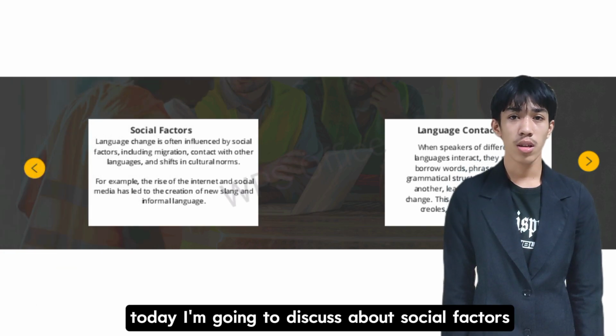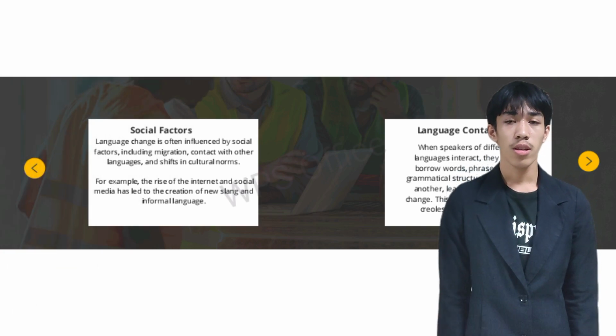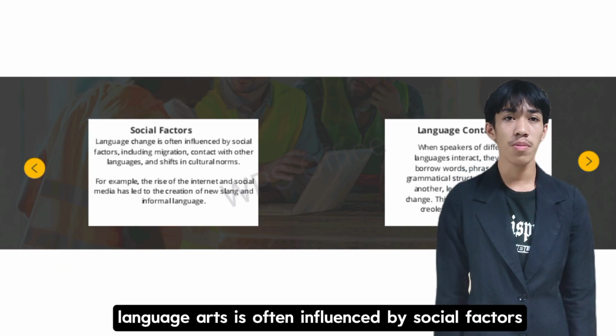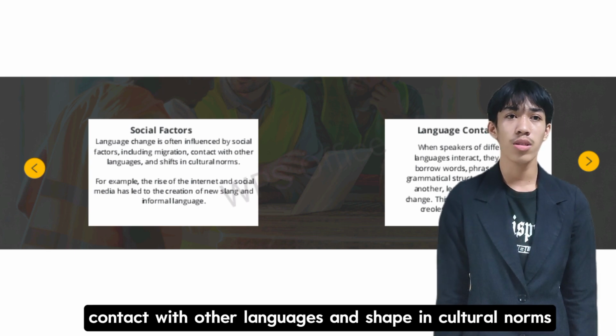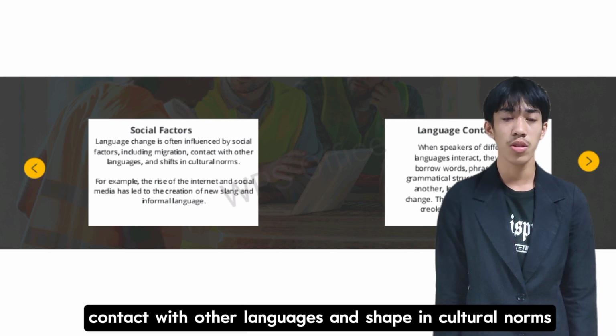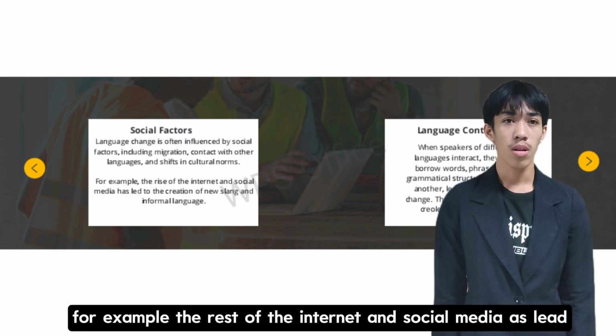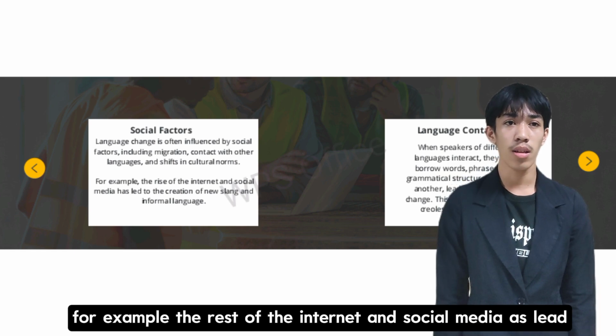Today I'm going to discuss social factors. Language is often influenced by social factors including migration, contact with other languages, and shifts in cultural norms. For example, the rise of the internet and social media has led to the creation of